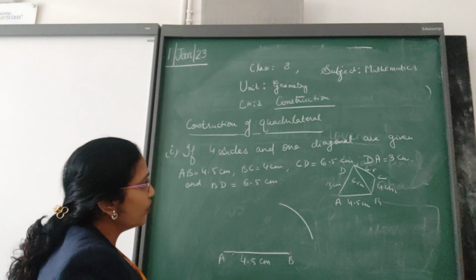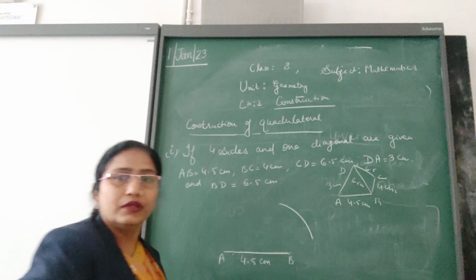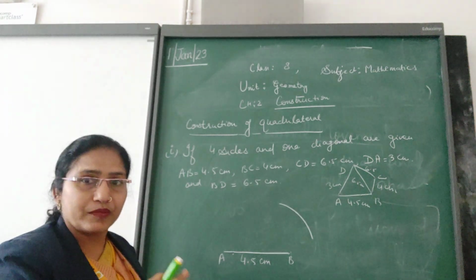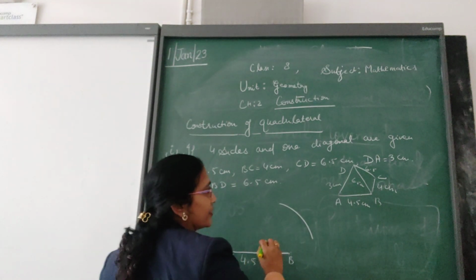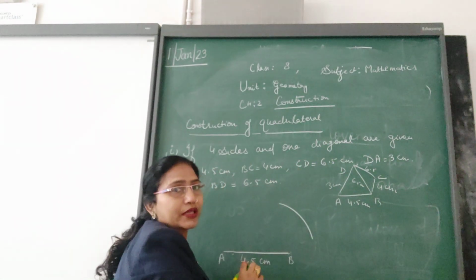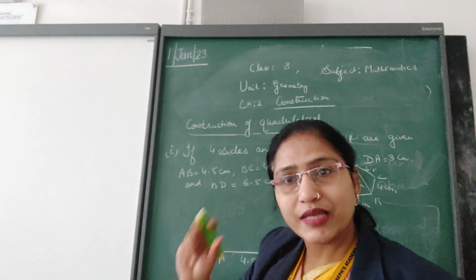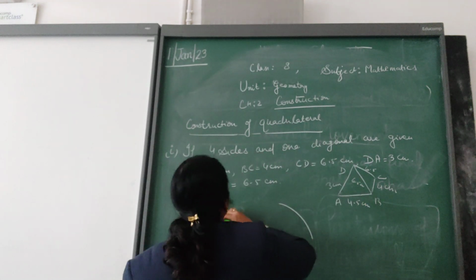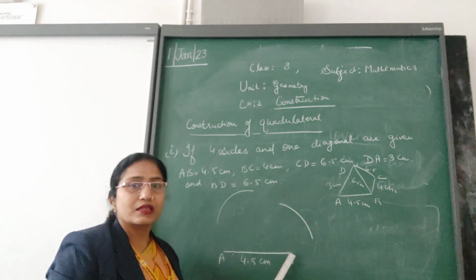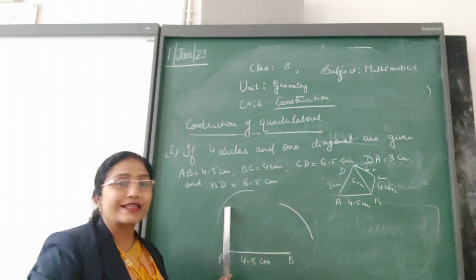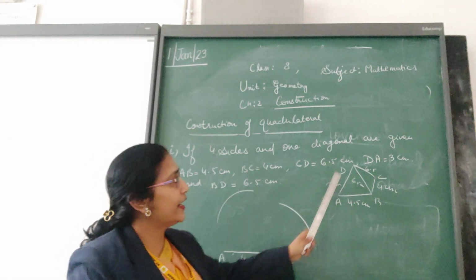And now one more thing you have to do is, length BD is mentioned 6.5 centimeter. Take the same center, means take B as a center, and draw another arc of 6.5 centimeter. So B as a center I have taken in the compass 6.5 and later I draw this arc. And the length from this B to this arc, it is the 6.5 centimeter.